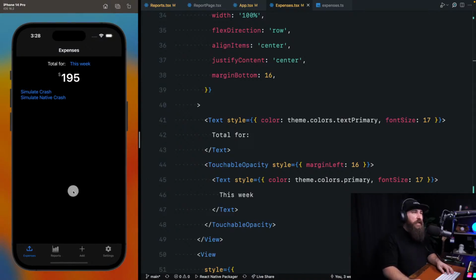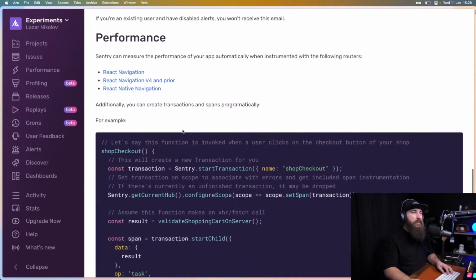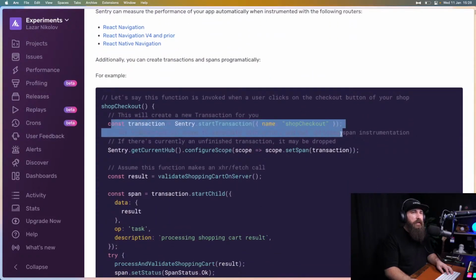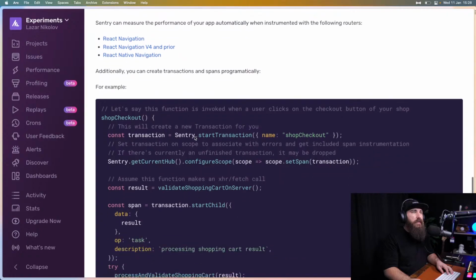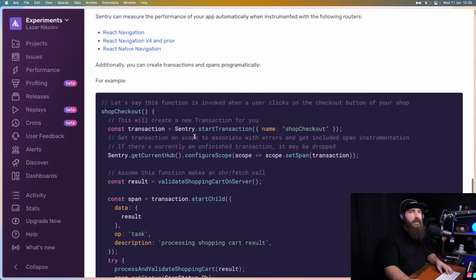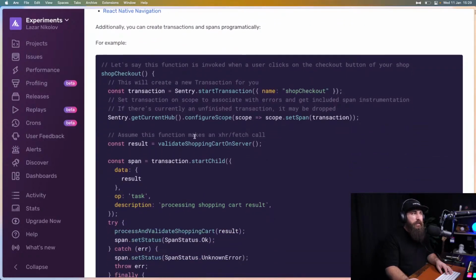All right, y'all. Check it out. We have these 2 buttons. I'm not gonna press them just yet, but I wanna see. There's also performance, and this is manual instrumentation. It does have automatic instrumentation out of the box, so we should be able to see that. But if you want to measure a specific function method,